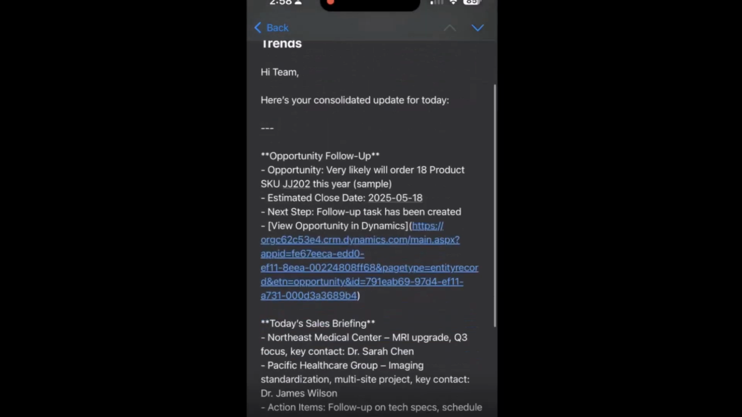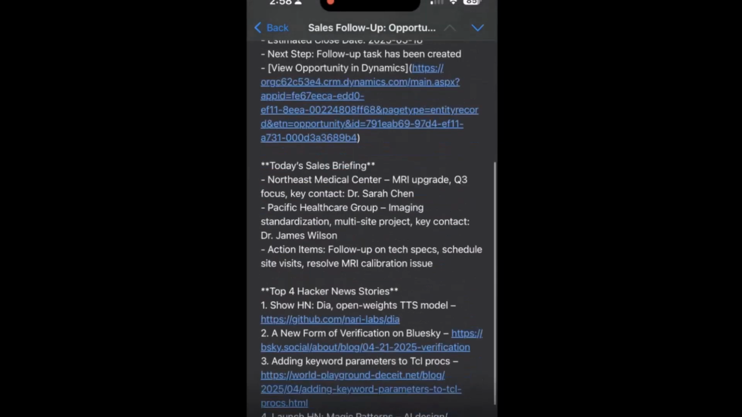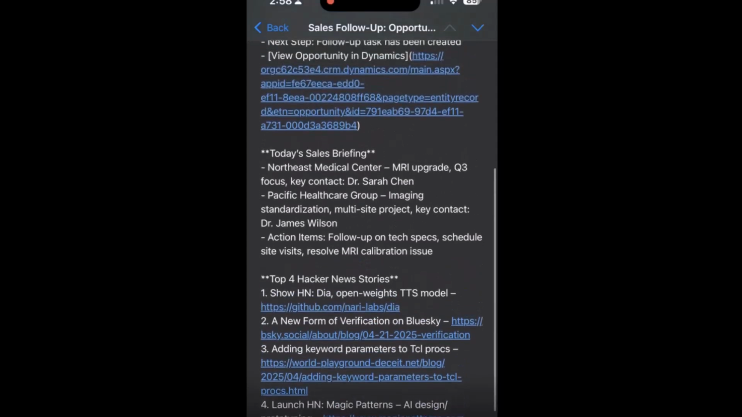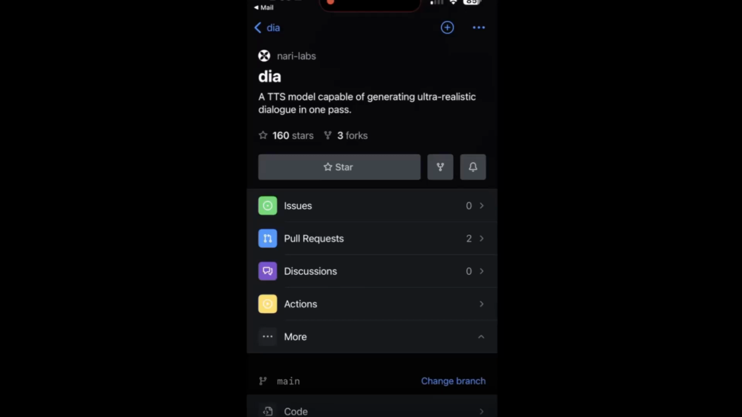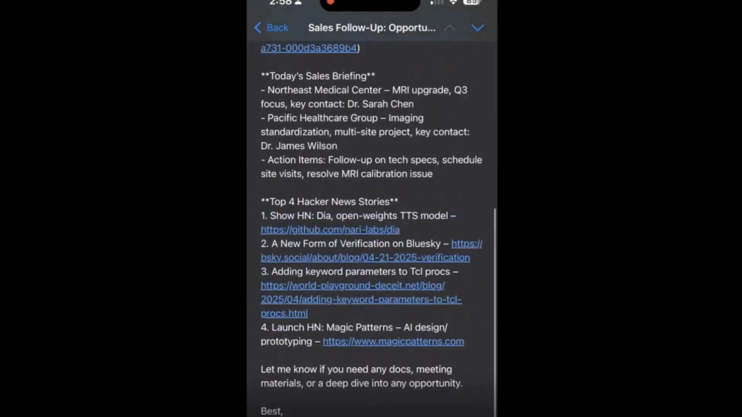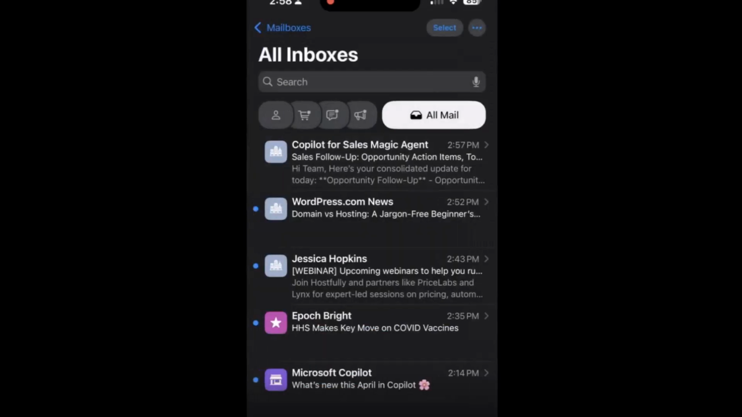Your team has just received an email with the follow-up for your top opportunity, the latest sales briefing highlights, and a summary of today's top Hacker News stories. Everything is in their inbox so everyone stays in the loop. If you need a copy of that message, want to add more details, or send another update, just let me